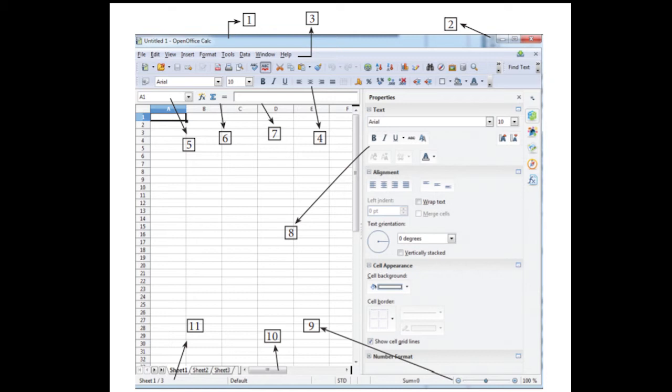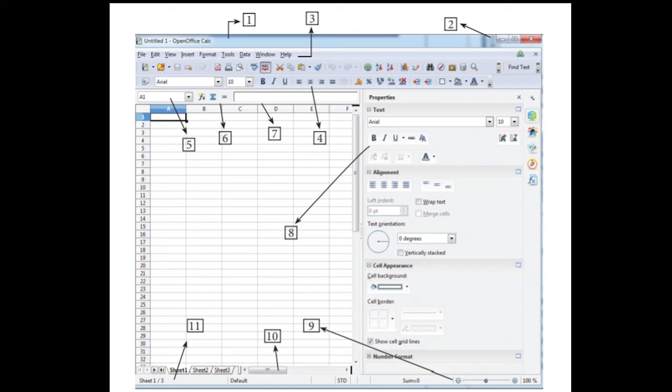Next one is format. Format means this menu will contain some commands for various text and cell formatting features. And next one is tools. Tools means we all know we'll have some tools to perform some task, like spell check or protect a document or inserting a picture, or likewise these tools will be there. And the next one is data. Data means here we'll have commands to manipulate the data in this spreadsheet, like we can sort in ascending order ways or in descending order ways, or we can filter some data separately, or we can see the validations there.